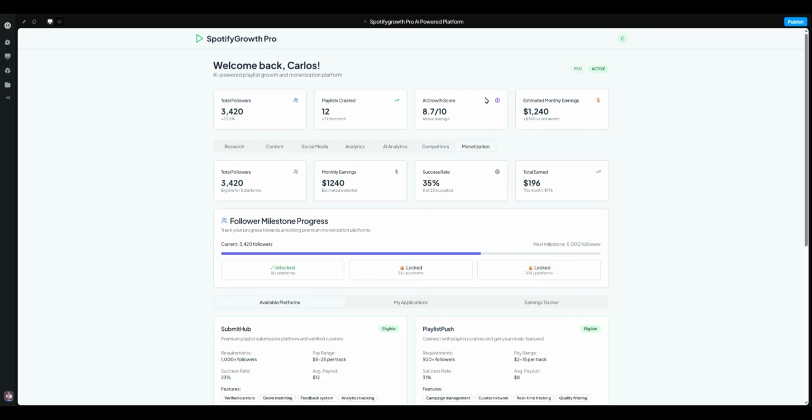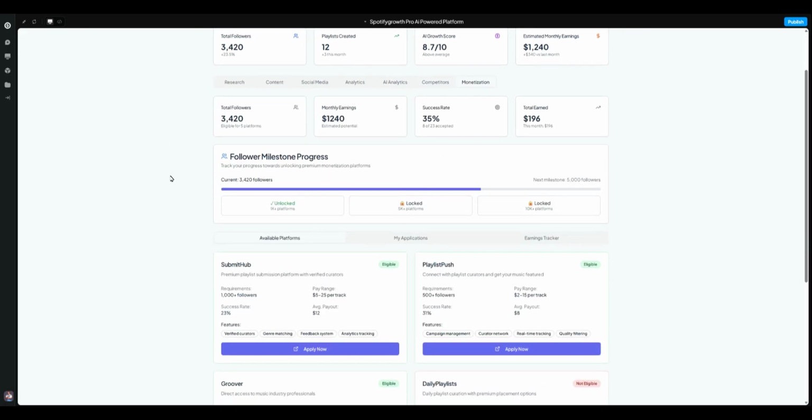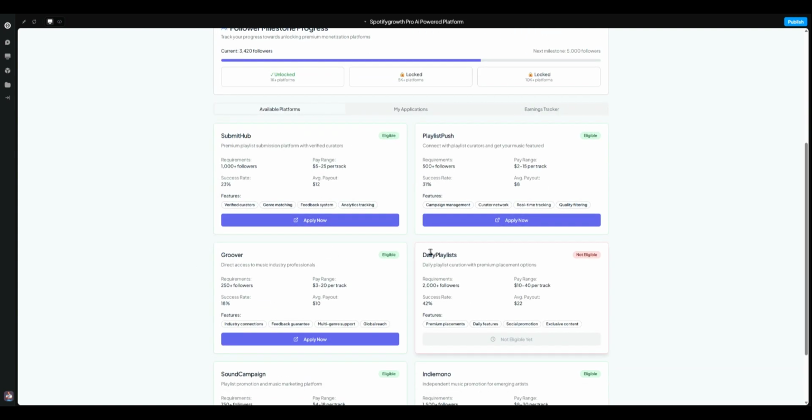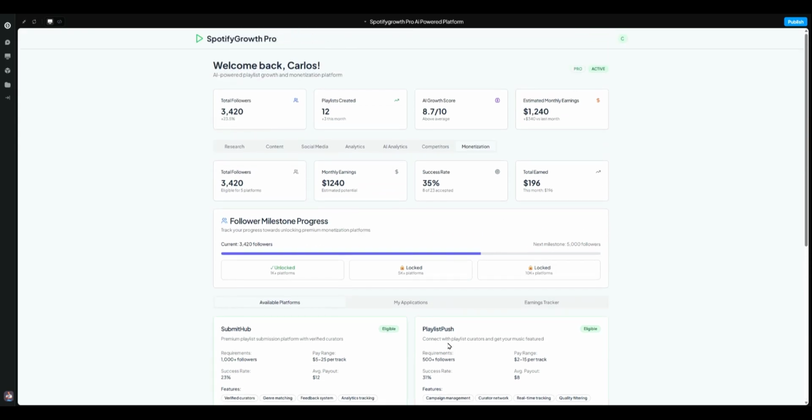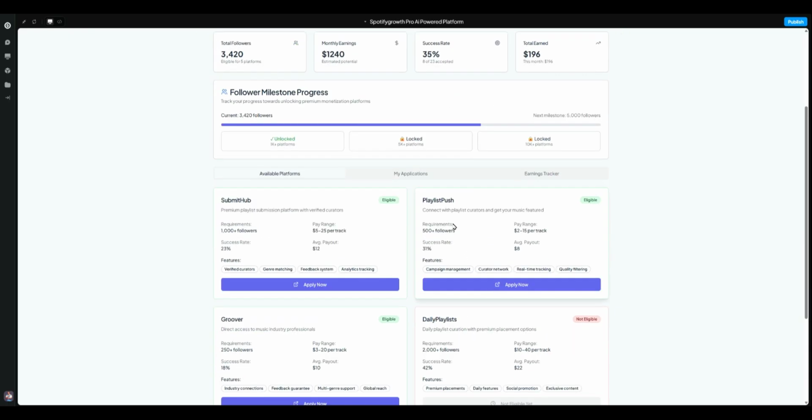And last but not least, the monetization. So you'll know this is the milestone. For every milestone that you pass, it's basically going to unlock. And it's unlocked based on what these different companies look for in order to start paying you. So with this one, they need 2,000 followers plus minimum. So you wouldn't be eligible for that one. But for these others, you see where it says apply, apply, apply, then you meet their criteria. You can go ahead and go straight into these and start making money using those sources.